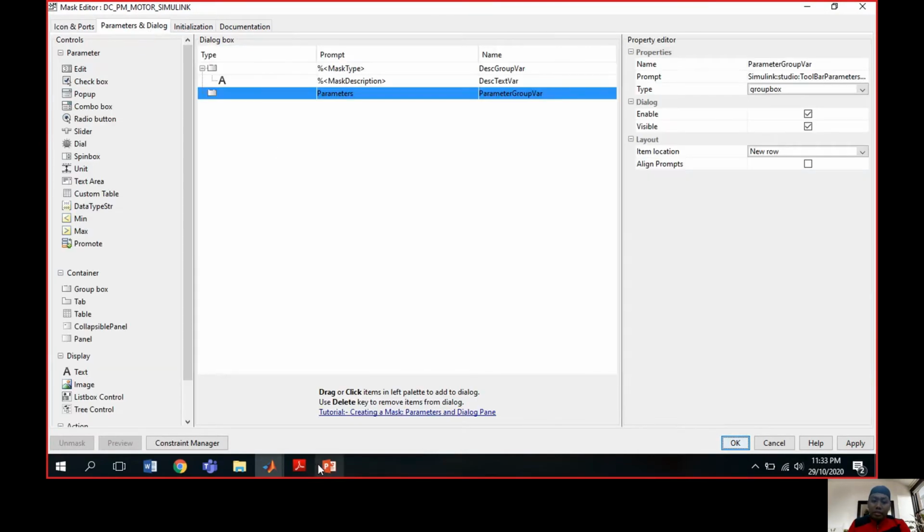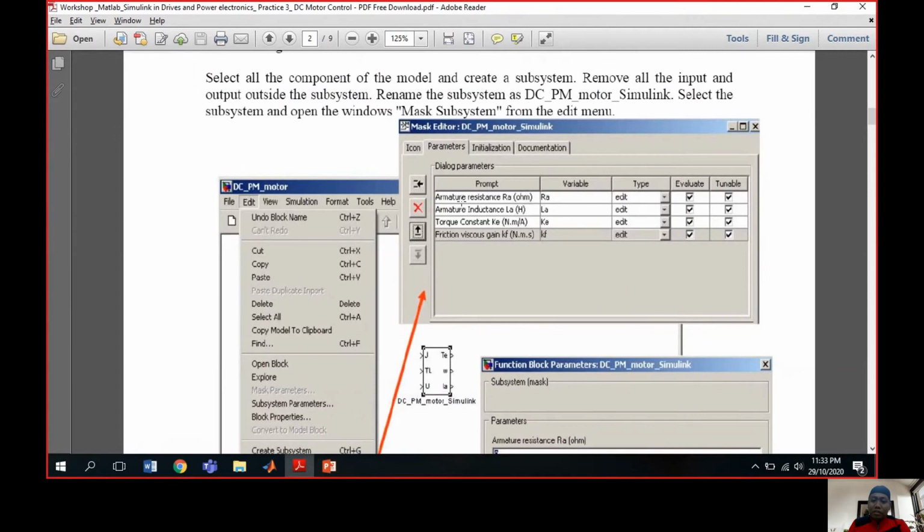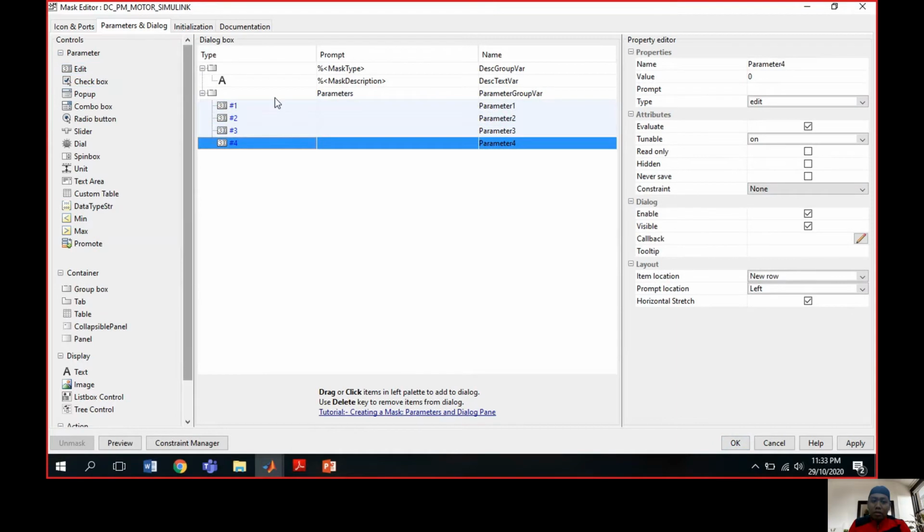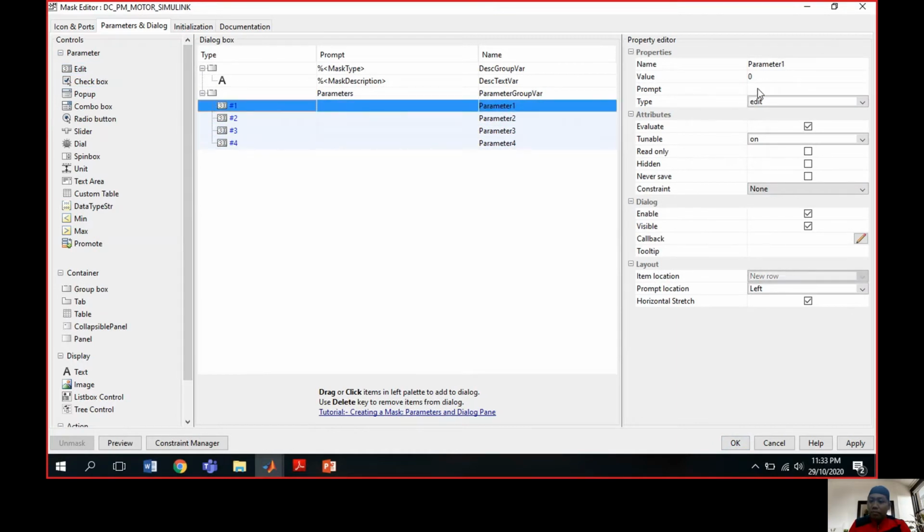As the instruction says, we must label all 4 parameters, which are the armature system. I will do edit and go to 4.